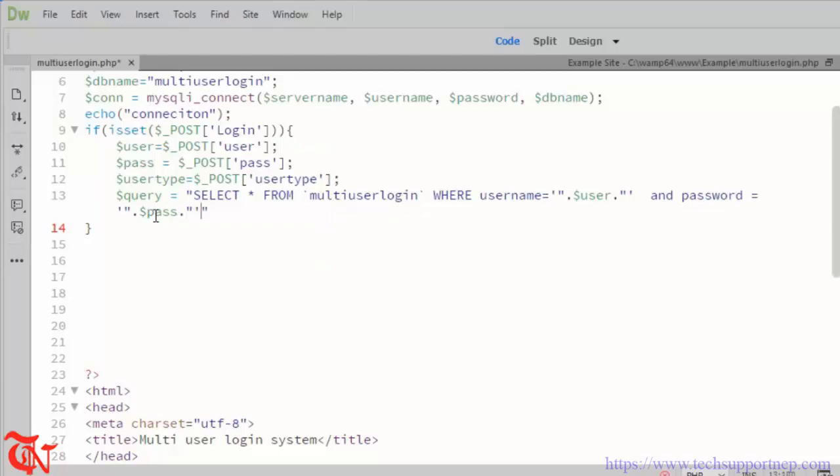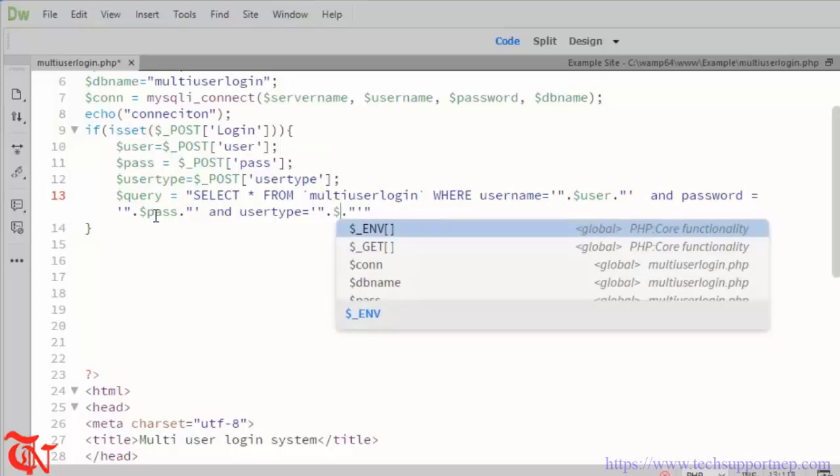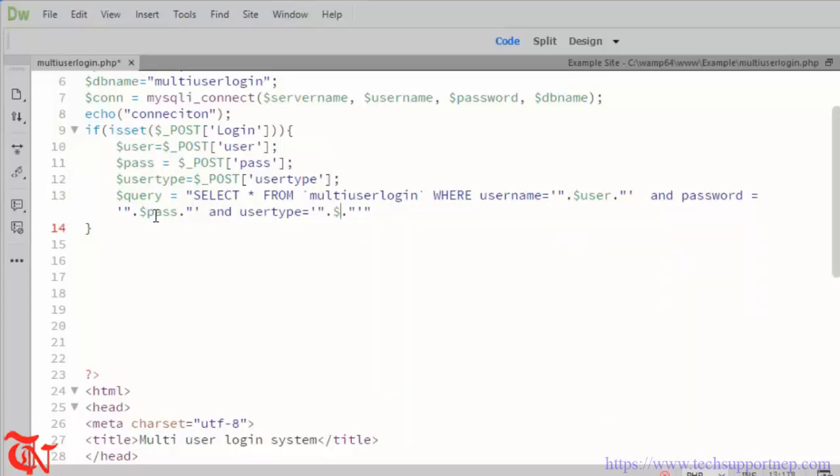pass, and user type is equal to two single quotes, two double quotes, inside two double quotes, two dots, and here goes user type. Now